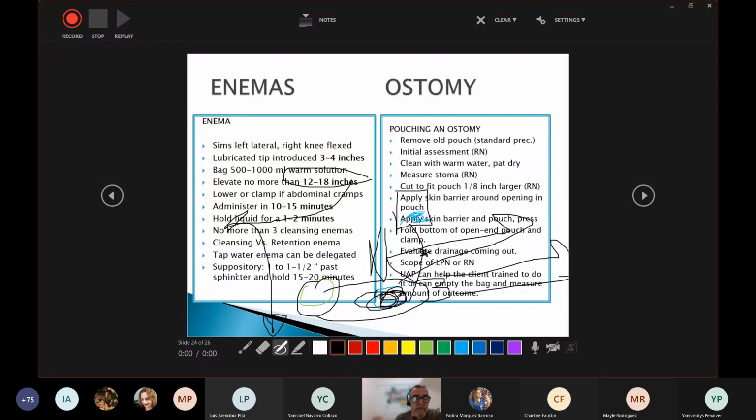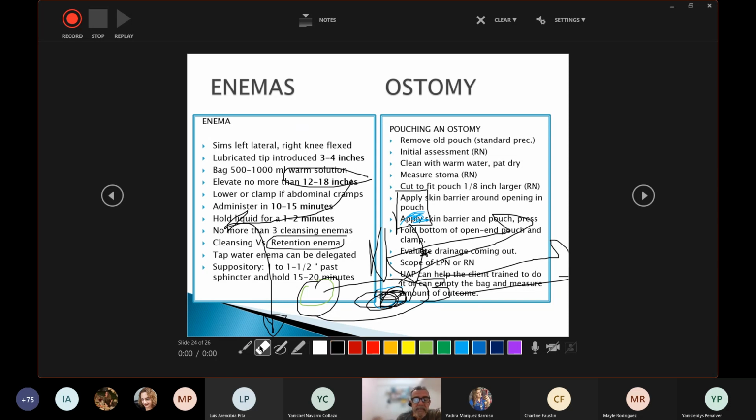Know the difference between a cleansing enema, which is to introduce the water and then immediately allow the water to leave with the feces, versus retention enemas. Retention enemas are a small amount of liquid, no more than 100 milliliters, that need to be retained, so the patient cannot poo after receiving the enema. One of the most famous retention enemas tested in NCLEX is sodium polystyrene, also known by the brand name Kayexalate, a resin that lowers the potassium when administered in enemas.